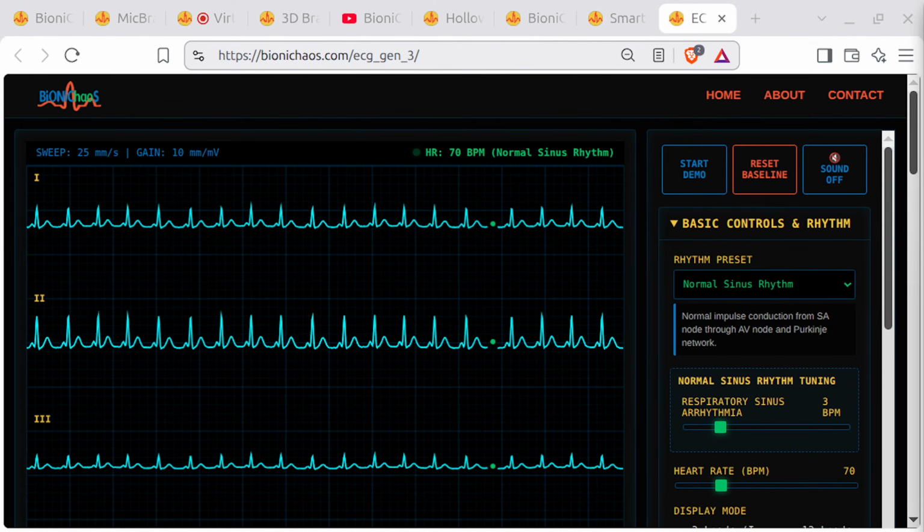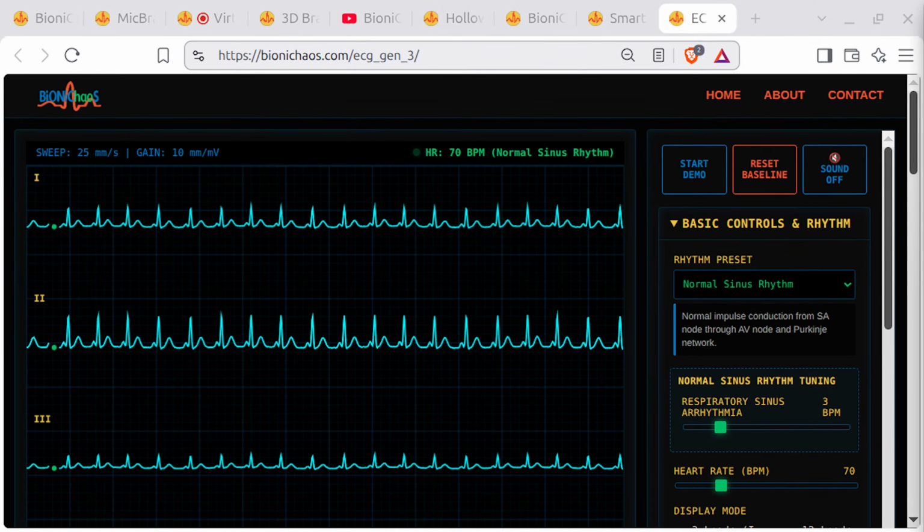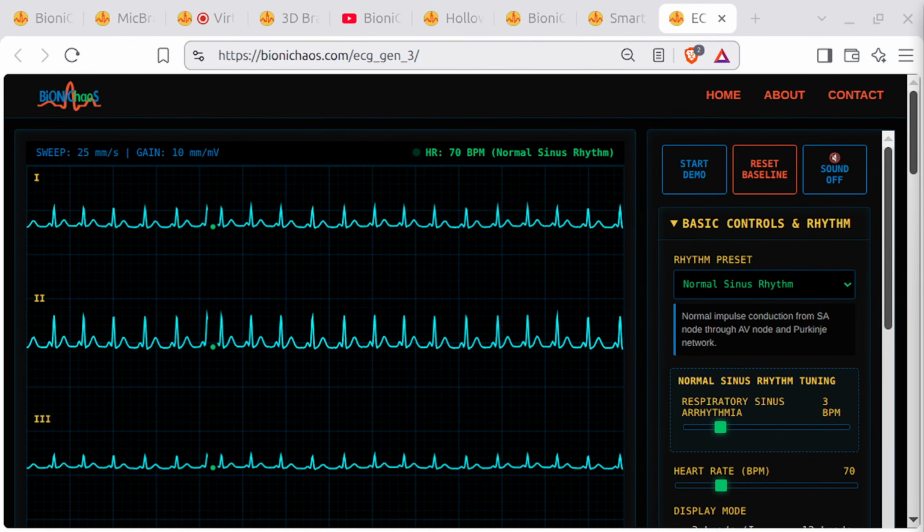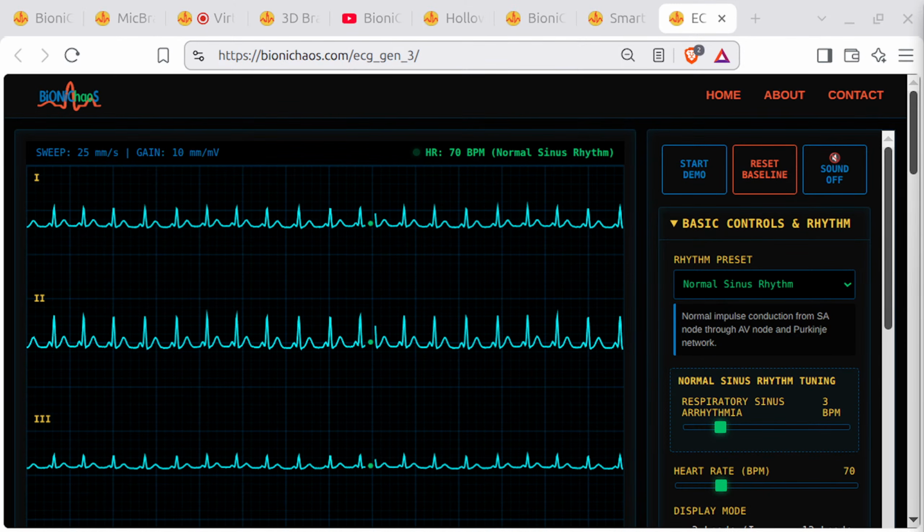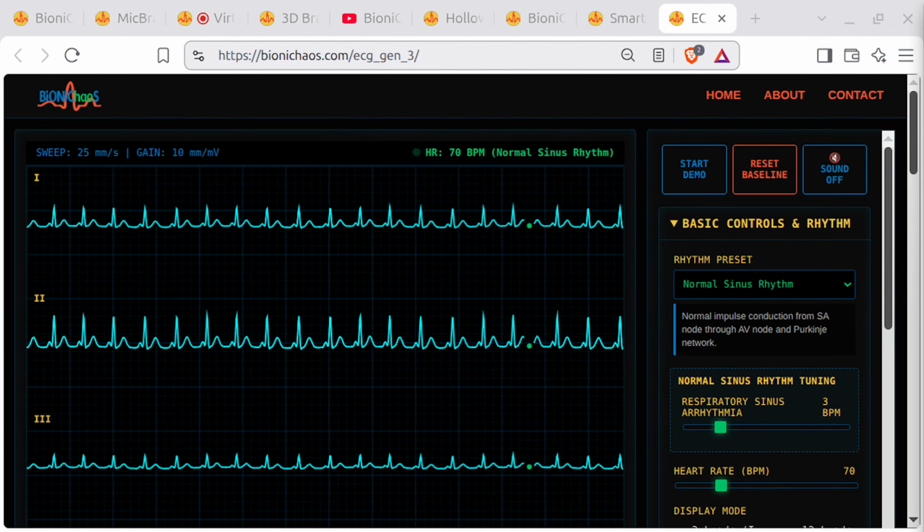This zero-install educational tool runs entirely on the client-side canvas loop without layout shift. Perfect for biomedical engineering students, cardiologists, and signal processing researchers. Try the interactive laboratory directly in your browser. https://bionichaos.com/ecg_gen_3/